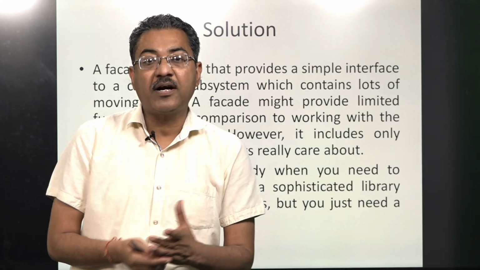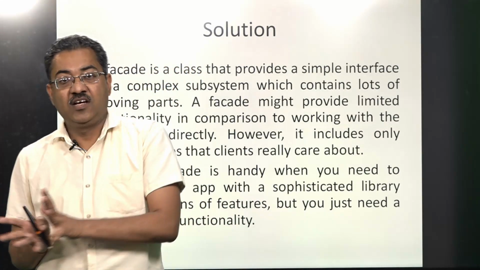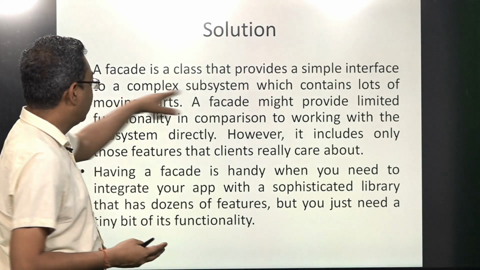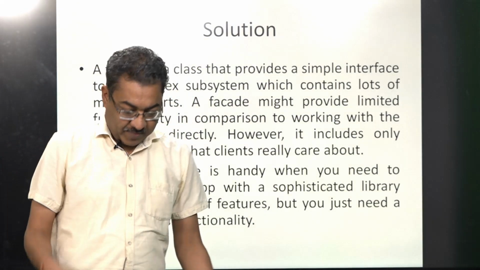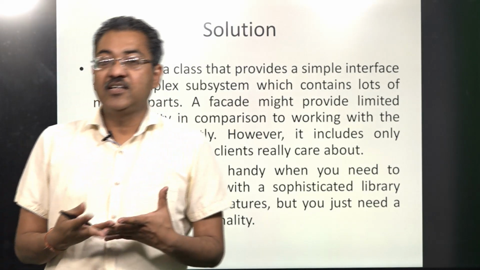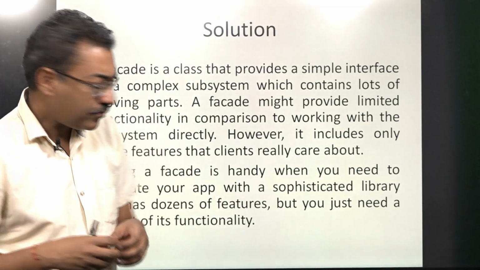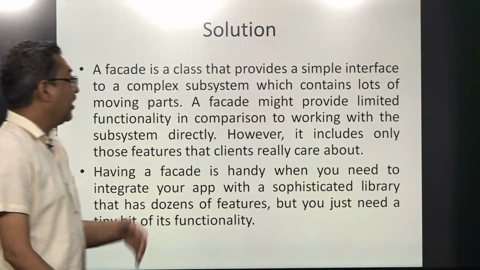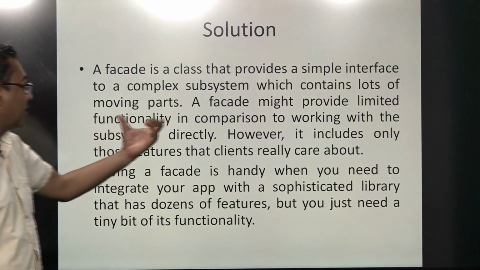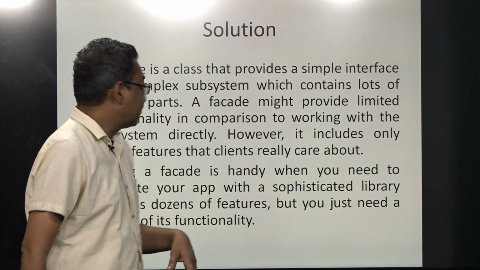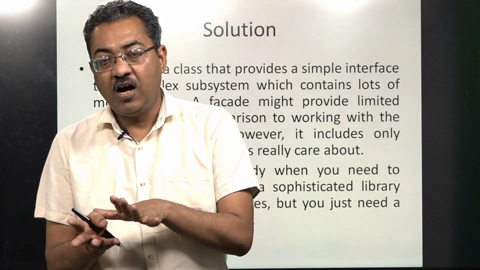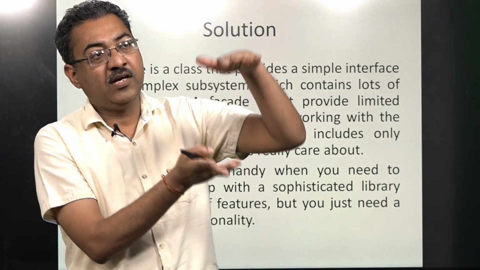अब मैं एटीएम मशीन की बात कर रहा था, तो इसके अंदर मूविंग पार्ट्स क्या हैं, we are not talking about the hardware, right. तो जो सॉफ्टवेयर के different functions हैं, we can call them the moving parts. जो फंक्शन हमारे कार्ड को वैलिडेट कर रहा है, जो फंक्शन हमारे पिन को वैलिडेट कर रहा है, we can call them the moving parts. A facade might provide limited functionality in comparison to working with the subsystems directly. हमारे पास बहुत सारे सब सिस्टम हैं, हम क्या कर रहे हैं, हम एक facade डिज़ाइन कर रहे हैं,